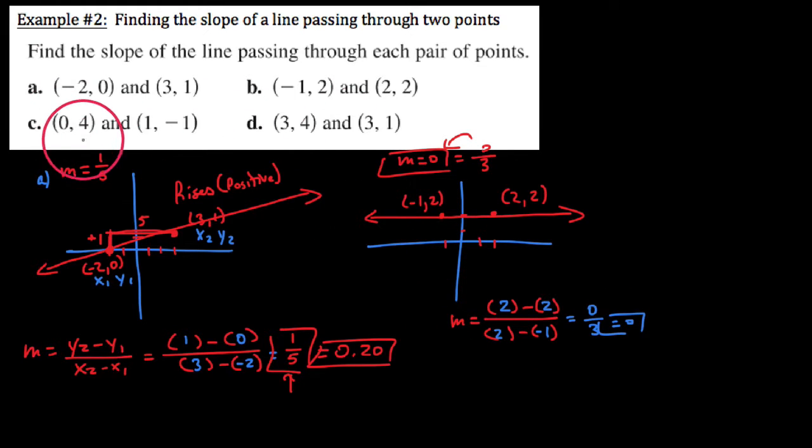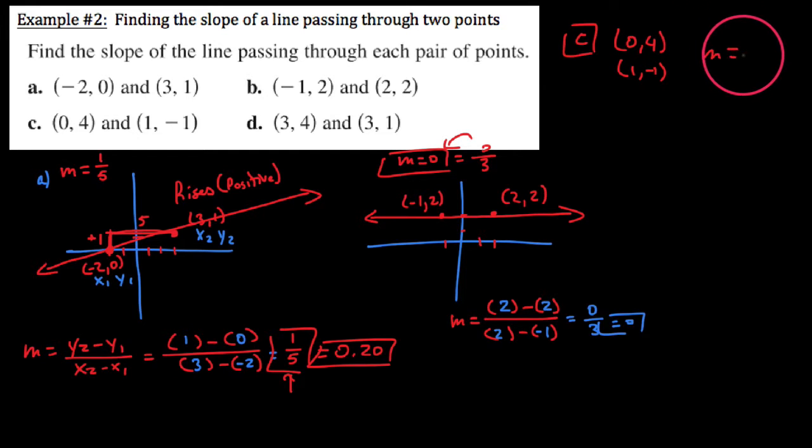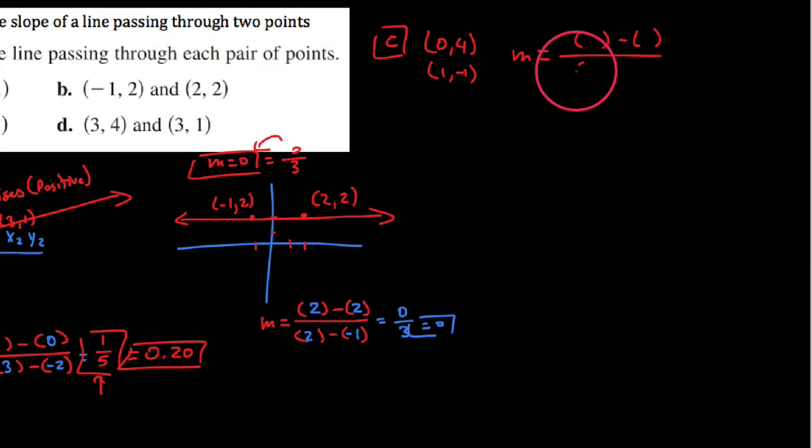So for C and D here, let's take a look at these. I'm going to go at C with our 2 points first, just algebraically or numerically, and then we'll look at it graphically. So slope here, we could throw this together pretty quickly. We have change in y over change in x. Our y values, 4 minus a negative 1, and then we have 0 minus 1. This ends up giving us a ratio: 4 plus a positive 1 on top is 5, and then down here we get a negative 1. So really we could just say negative 5 over 1.